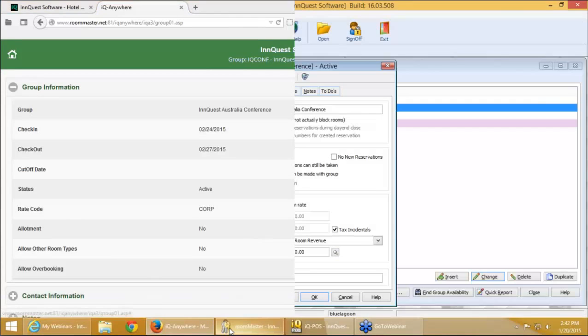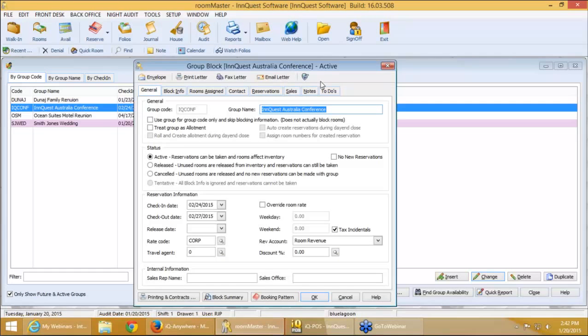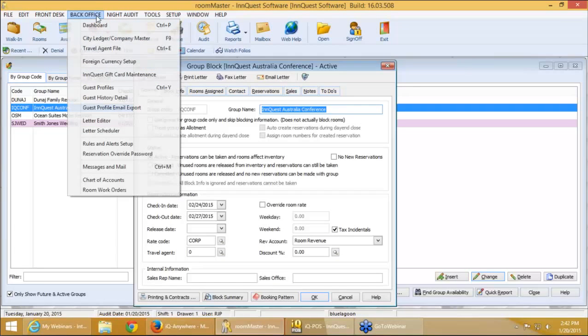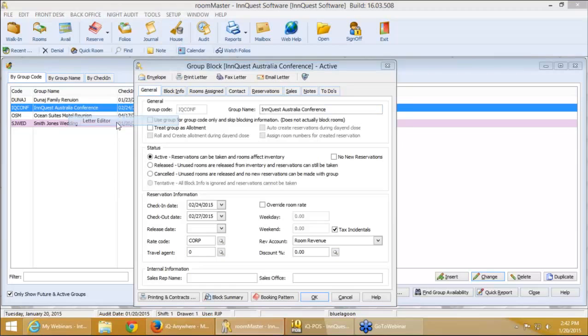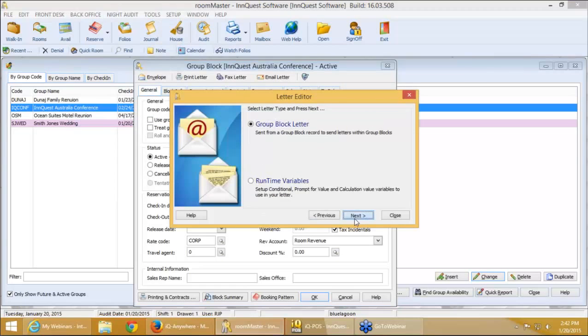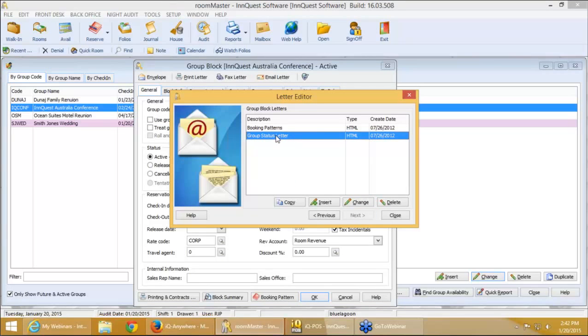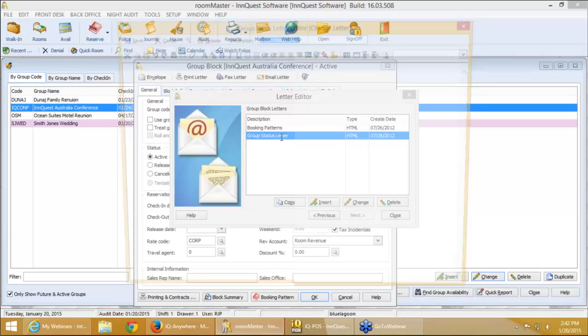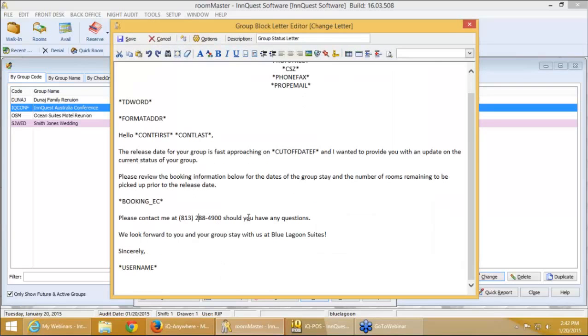The first way is like I showed you. You could just click here, put it on your clipboard, start up an email and say, if you want to find out what's going on with your group, click here. Or you can put it inside your letter. So if we go to the letter editor and go to group block letters, we can go to a letter that we're doing, and we can say, contact me if you have any questions, blah blah blah, or we can say,